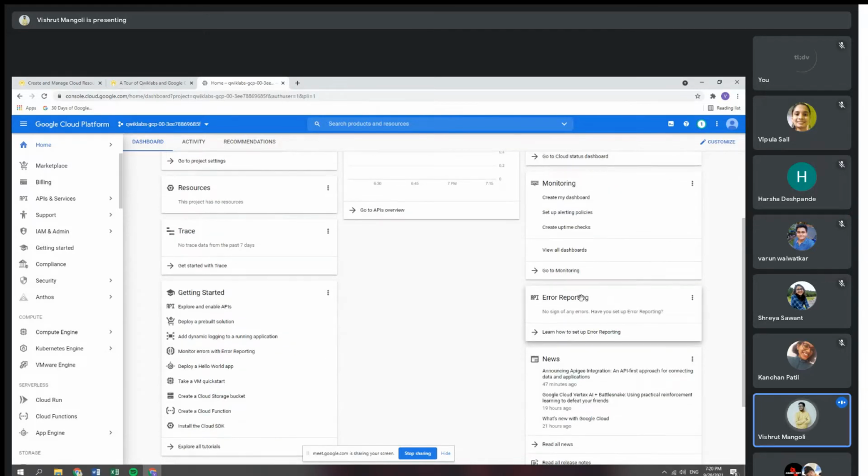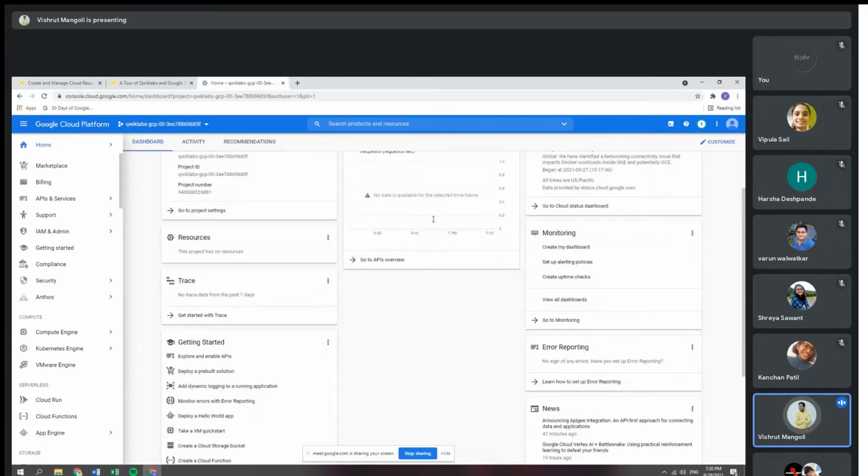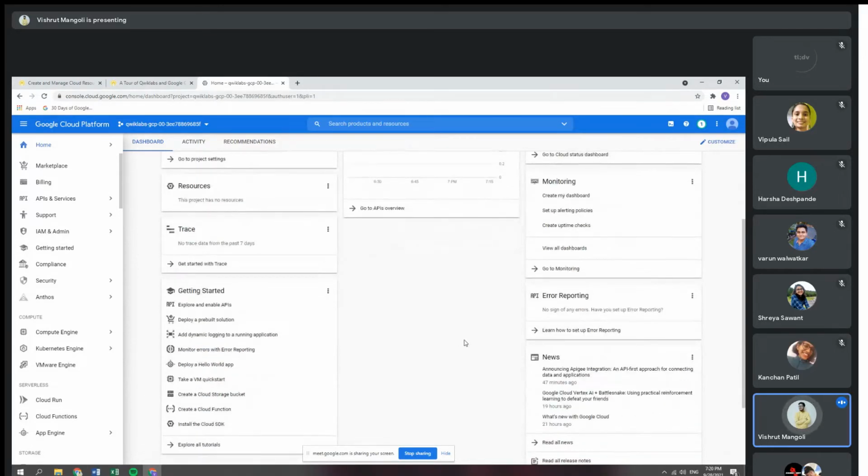Error reporting. When you're using APIs, there might be instances or cases where you might not be getting the optimal input or output. At that time, if there is any kind of error, it will be shown in the error reporting. When you are setting up logs, you will be setting up error reporting as well. Later on, you will learn how an error report is generated, or how a log is generated. If there is any problem with the website, it will automatically send you an email notifying you that there is an error, so that you can immediately rectify it.